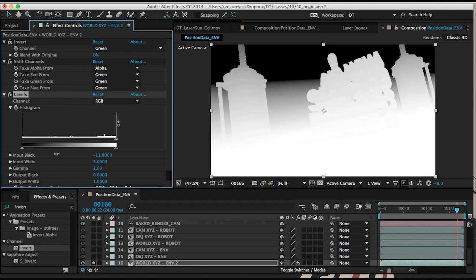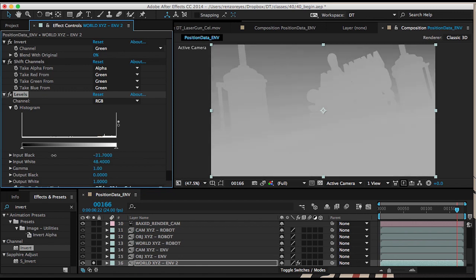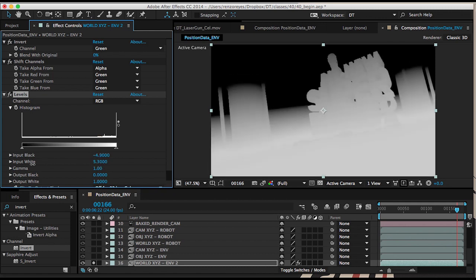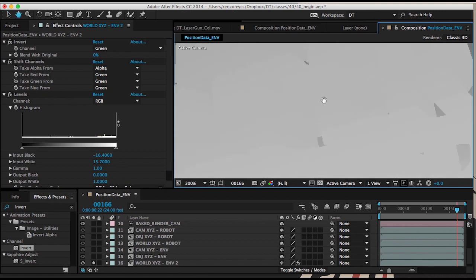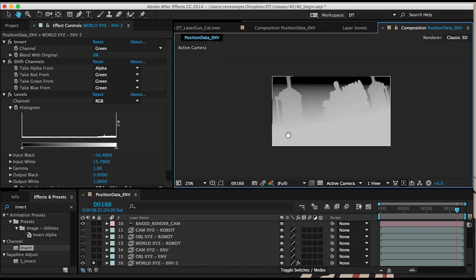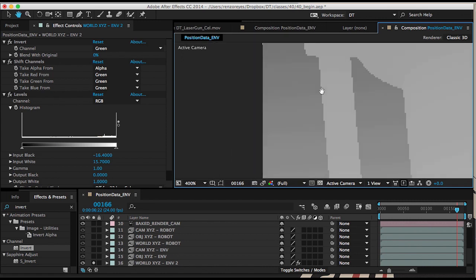And let's start moving our input black towards the top and our input white. I'm holding shift, so I'm moving the increments at a really fast speed. And then I have more information here. Then if you look, we're actually creating a height pass that we can use also for fog and other things. The downside is that it's going to be aliased, so we're going to have to blur it in order to use it somehow. But if this was coming from Maya using V-Ray, there would not be any problem with the